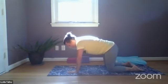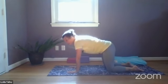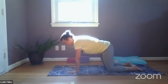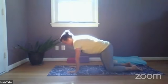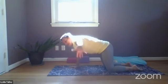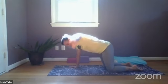All right, so we're back in that tabletop position. Again, if this is not available to you, you can continue with cat and cow, and maybe even making some circular motions or moving from tabletop to child. All right, so from here, inhale, look towards the top of your mat. Exhale, draw the navel in. We're going to inhale, lift that left arm parallel with the shoulder. Exhale,